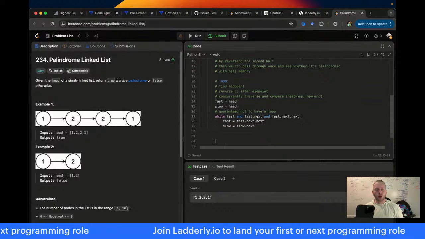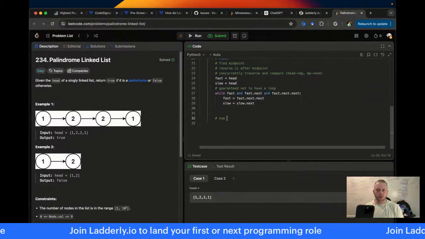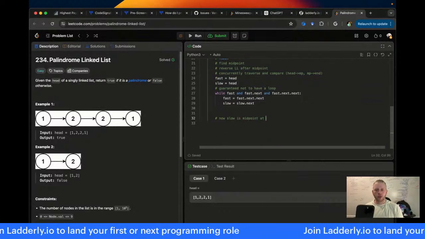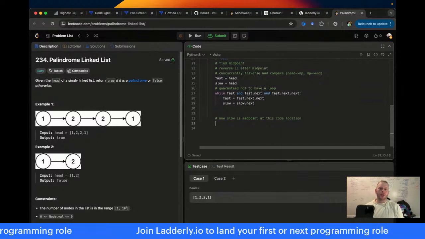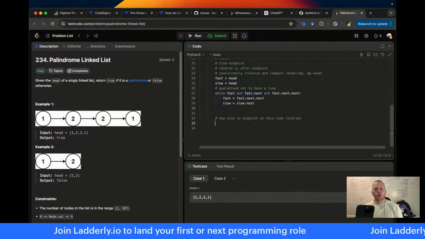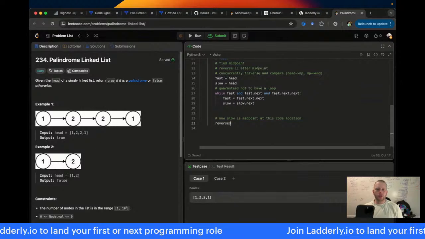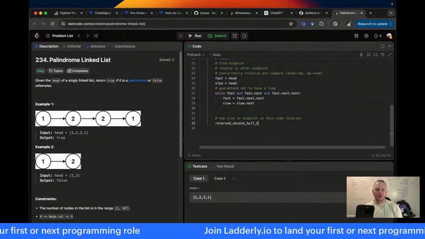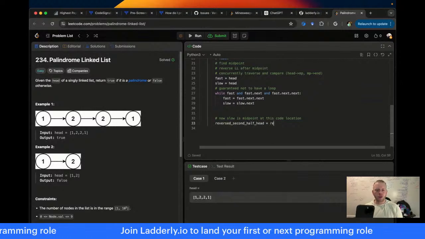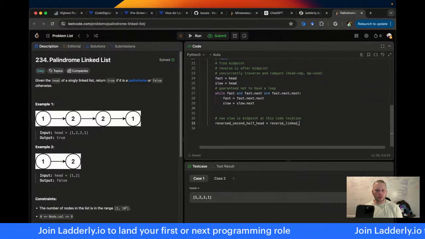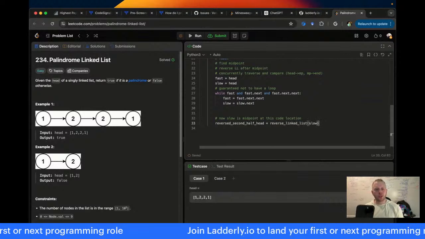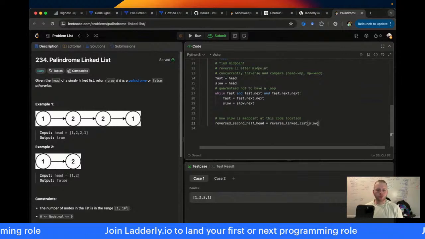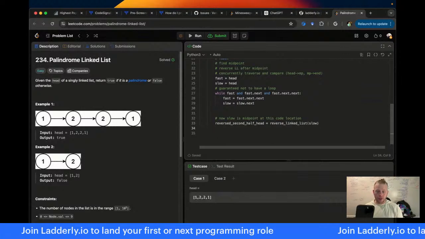And that's it. And so then eventually we break. At this code location, slow is the midpoint. And so I want to say the reversed second half head is the reverse linked list of slow. Reverse linked list of slow. And then here,